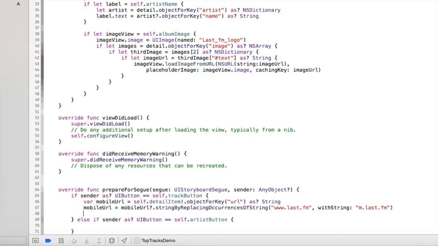Okay, so that is the only thing I'm doing. I'm replacing the www with an m, and it'll actually go to the right version of the page. And that's something I just found by tinkering around with their website. Now I need to set this URL on that web view controller. So remember we had that property web URL. So I can do that by saying